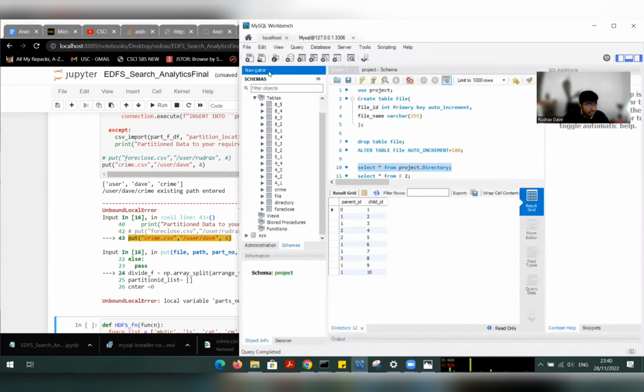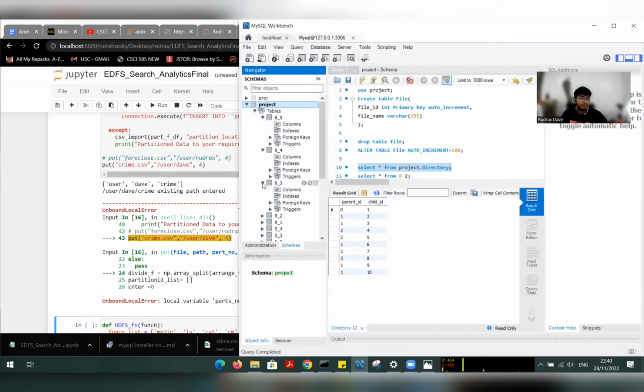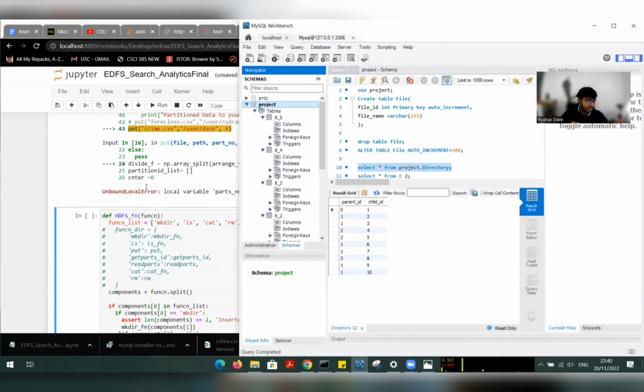Let's see in the reference again. So you can see this one. So these are the parts right now. Like I made two different things. So eight are for crime.csv, and the 4 or 5 will be for the other, because I made different datasets. So it will be just storing them here.